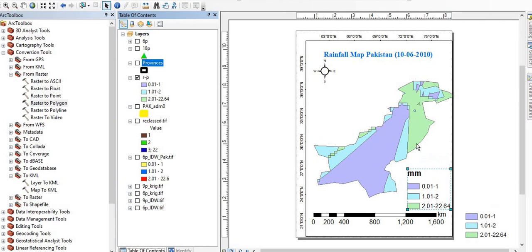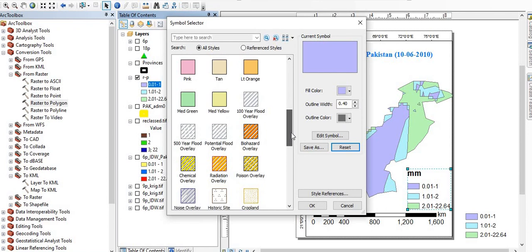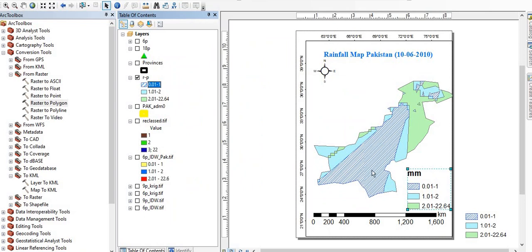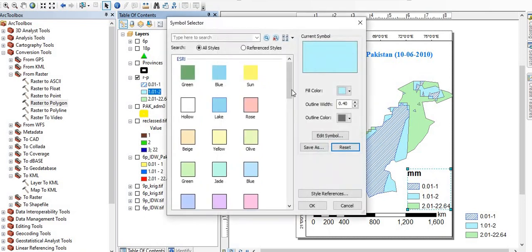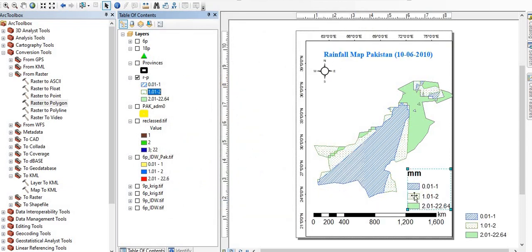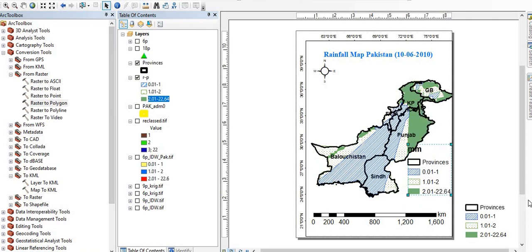Now what is the option of this map? Just click this one. Now you have the option to design it to be read as a black and white map, like lines in this direction. So this area will be in this shape, and this we can make pure green. Now this map can be read in any newspaper or channel. Just bring provinces on it. Now you can print it.